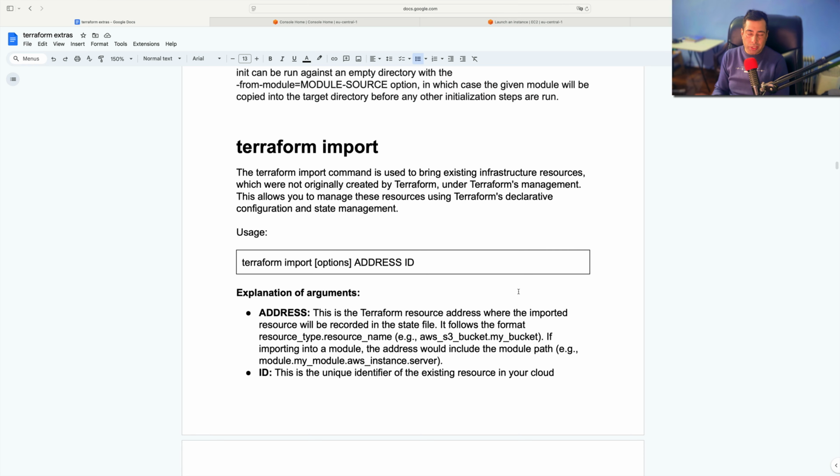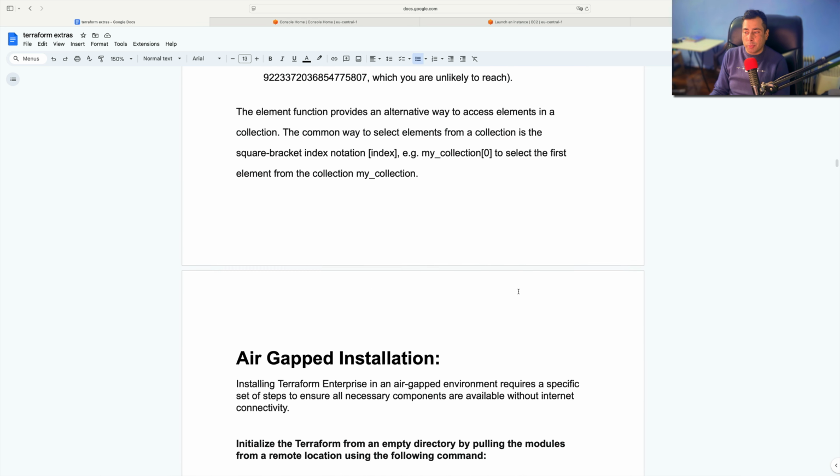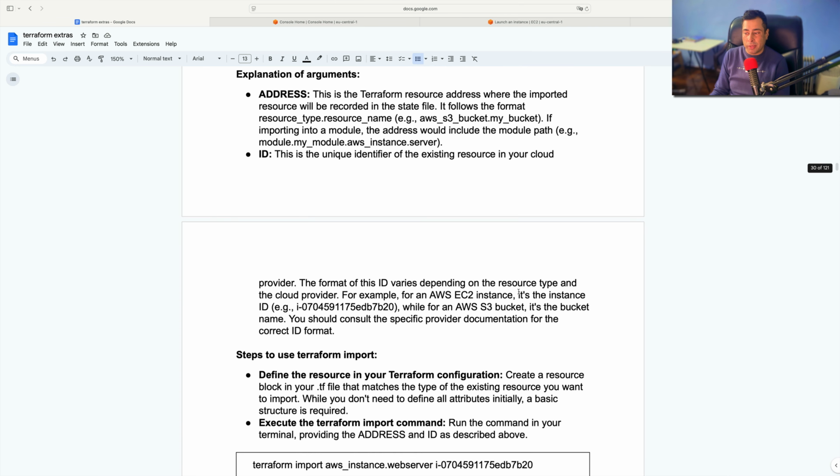Then once your resource is imported, you just check your Terraform state file and it will show you the imported resource's attributes. Thereafter, run the Terraform plan and see what attributes are missing in your resource block. You just have to copy and paste those attribute values from the Terraform state file. And finally, once you're done, run Terraform plan again to make sure that no changes are required. So this will ensure that there are no proposed changes that you have to make once you run the Terraform plan command,